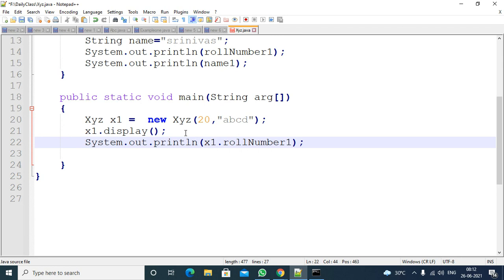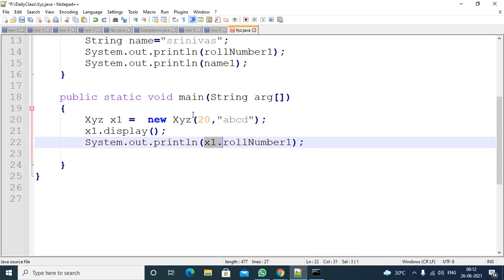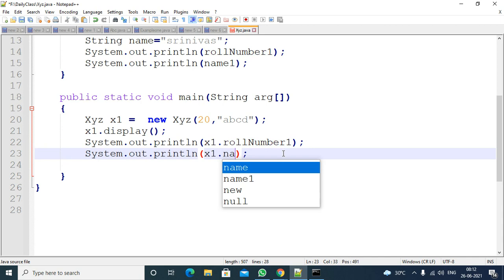This is called by using the reference name. The way the reference works, the this keyword works in the same way. But this reference variable you can create in a static method and call from there, whereas the this keyword you cannot call from a static method. You can call name 1 also from the main method.